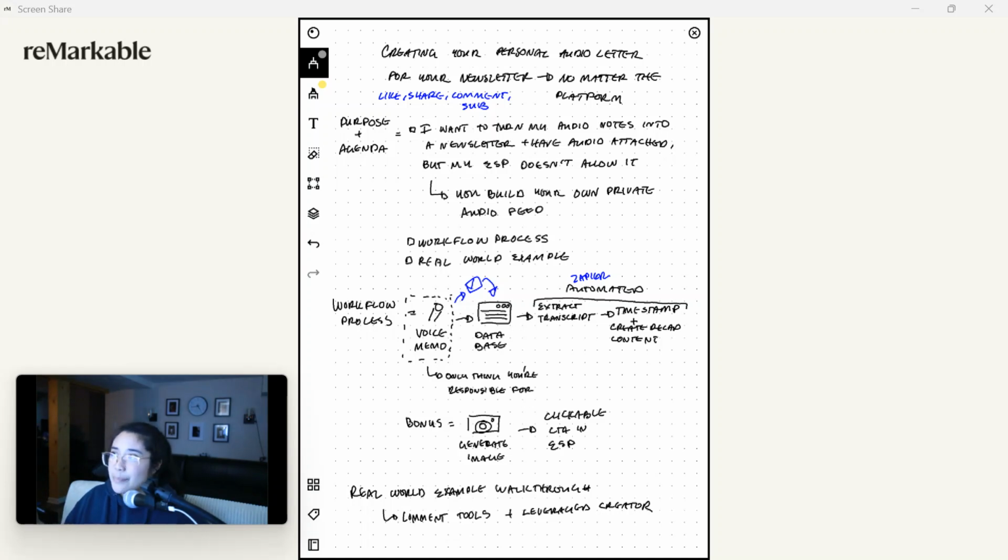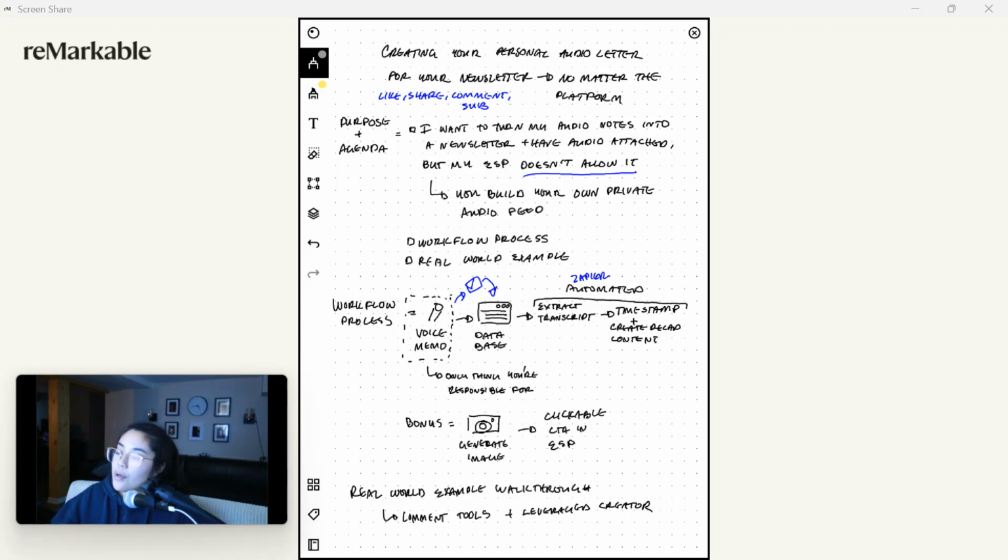And I could say honestly I got pretty much close to 95% there. And so the problem is that my ESP, I'm on MailerLite, didn't have that capability. And I know people are like, well, you can move to Beehive or you can move to these other platforms. And that's great. I definitely think those platforms are really awesome. But to move an entire email service provider, all your automations, all your funnels, everything that you built just for one feature, I don't feel like I'm at that point yet where I can actually do that, right? And so, I still want to create that mechanism for myself, even though my email service provider doesn't have that feature.